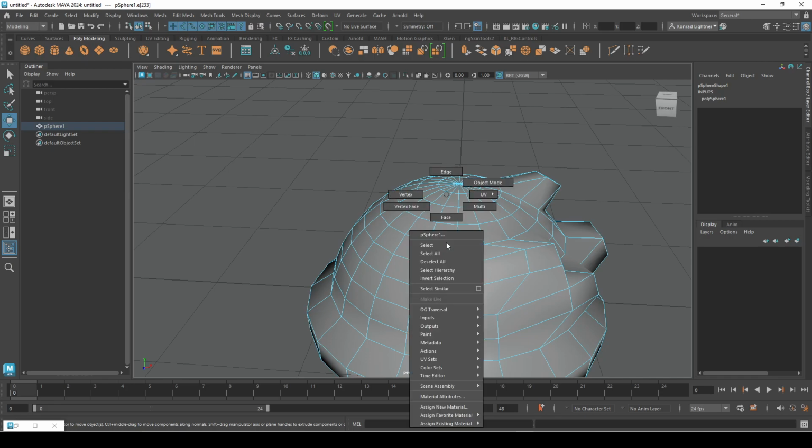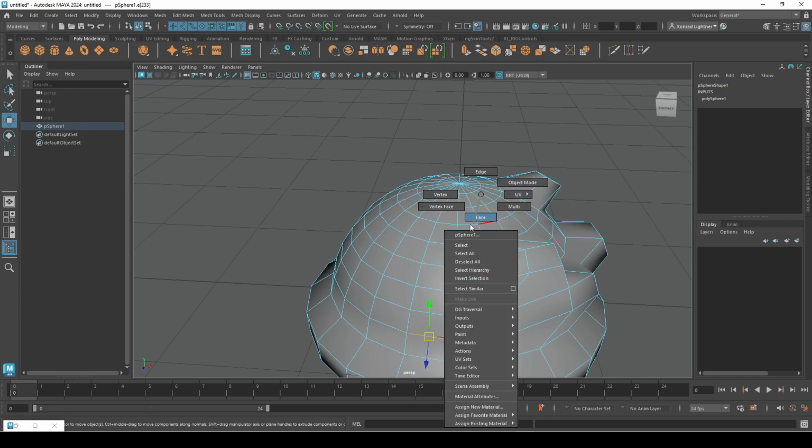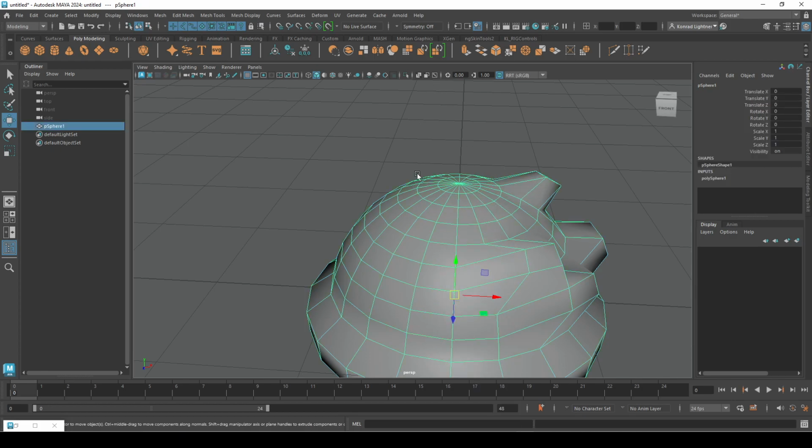So right click, edge on the top. These are called marking menus. These are fast ways for you to get to